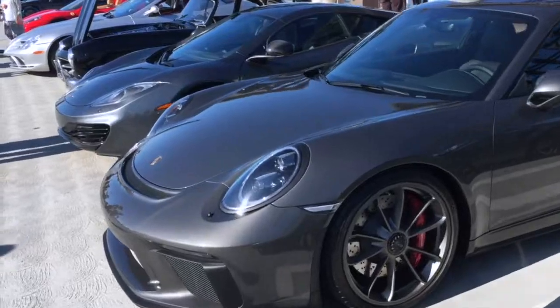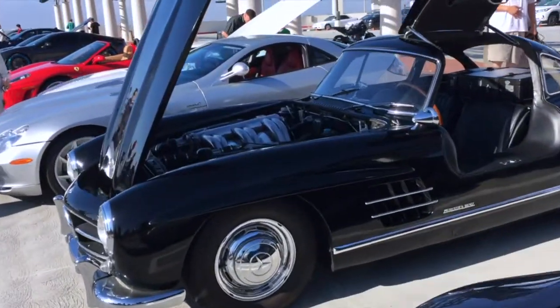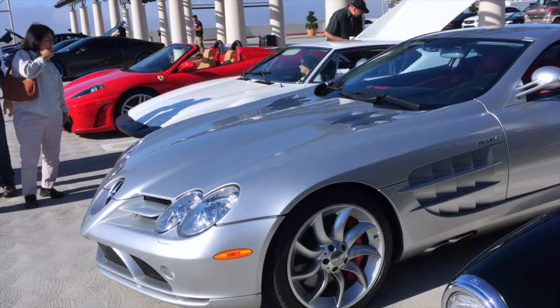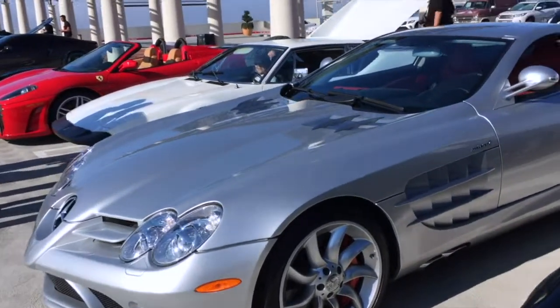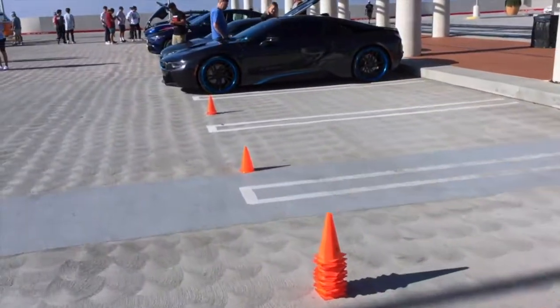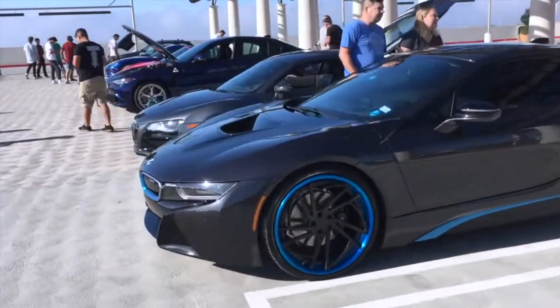Albert's Porsche, Pete's Porsche, another beautiful little McLaren sitting here. Lovely looking Gullwing Mercedes, isn't that beautiful? It's just such a classic car. Next to it we have a McLaren Mercedes. Two classic cars from Mercedes side by side. The lines are really iconic. A Pantera, another 430 Ferrari sitting here, and then just rolling through the line, a BMW i8 next to a really